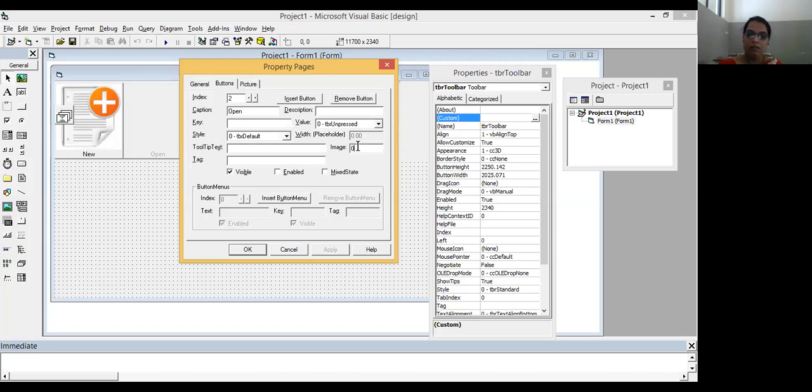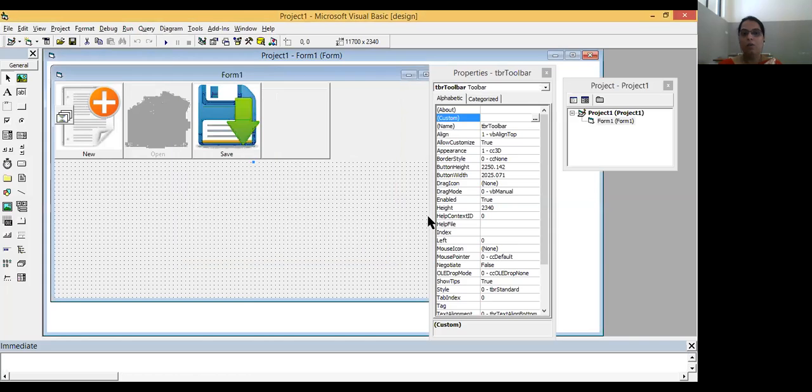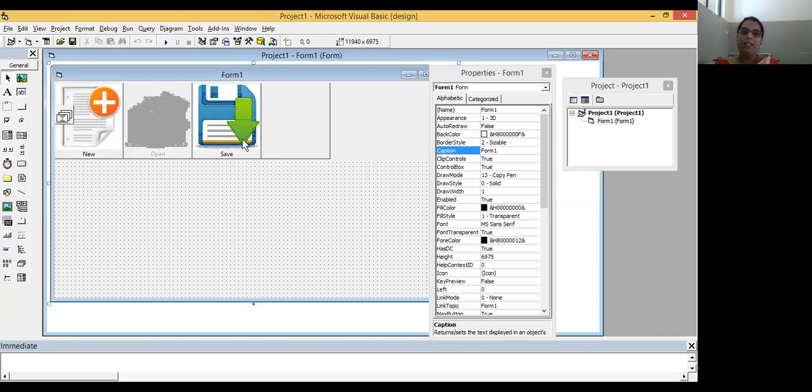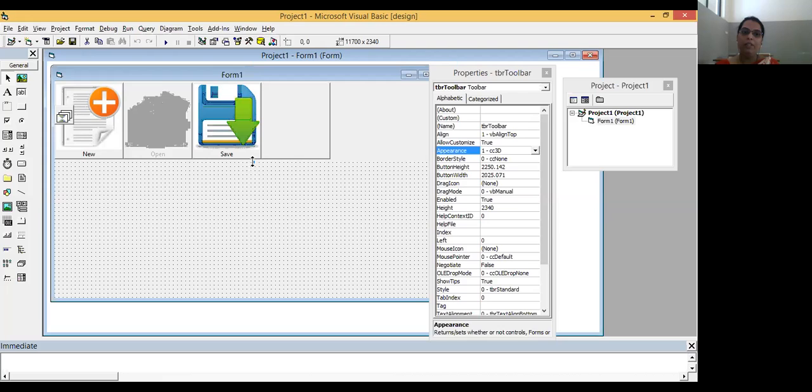So here image 2 is for open and image 3 is for save. After linking the images to the buttons, click on OK. So this is the toolbar which you can see on the form.